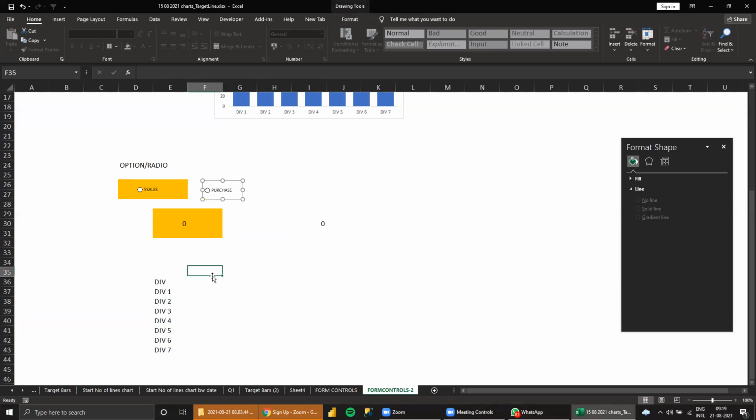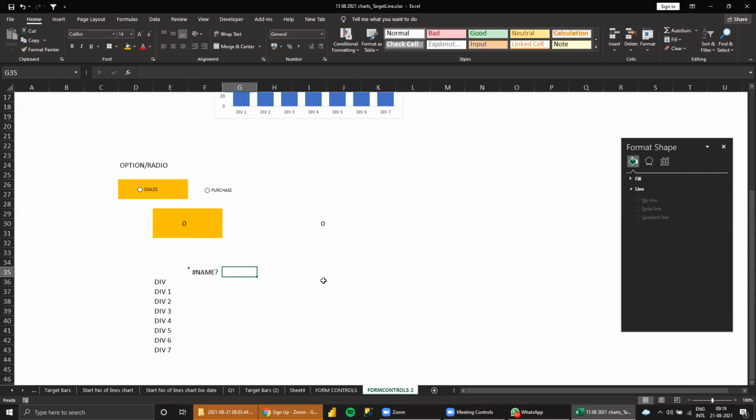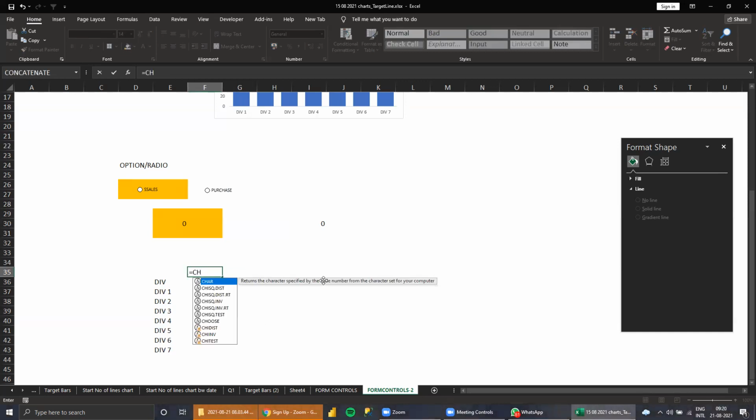Now what you can give here, choose, this is the number. One means sales. We'll disconnect and connect it back, and we'll complete this.